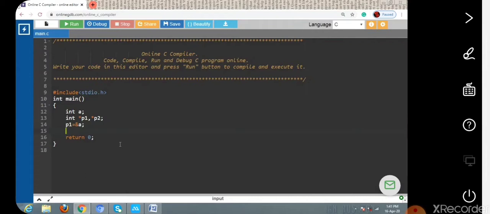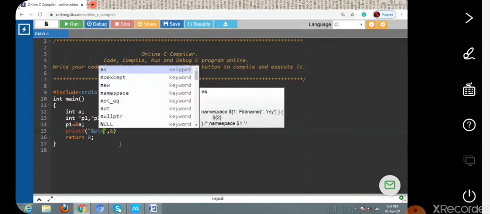So when we printf with %p, since we want to print the address of that variable, we use the %p control string.